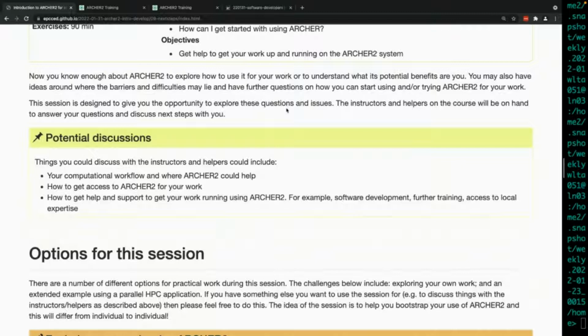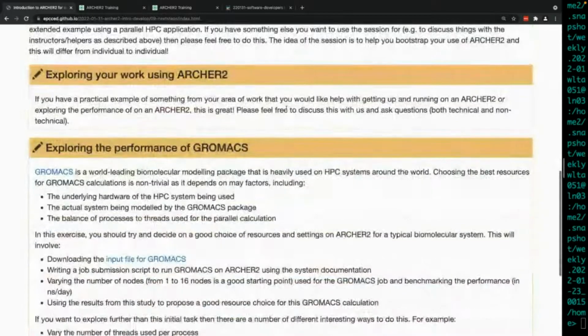And of course, if you want to actually try out your code, this is a great opportunity to just spend a couple of hours, copy your code onto your account, try building it, see what happens, ask for help if you run into issues, or ask for advice. Or if you just want to mess around,